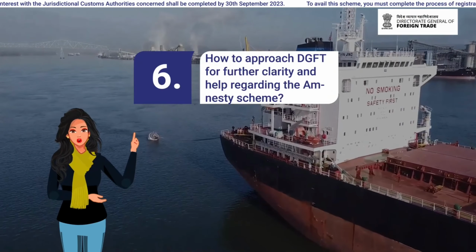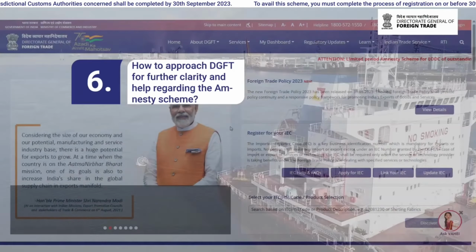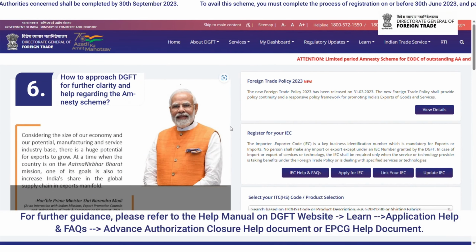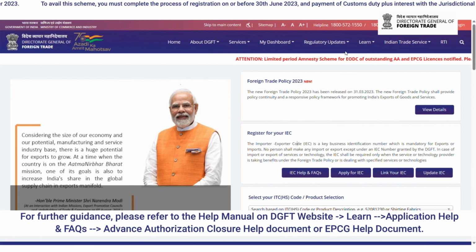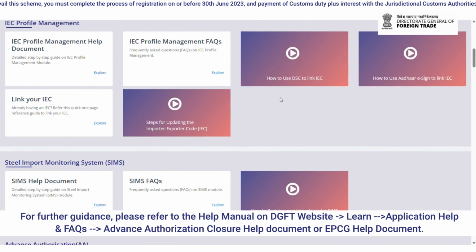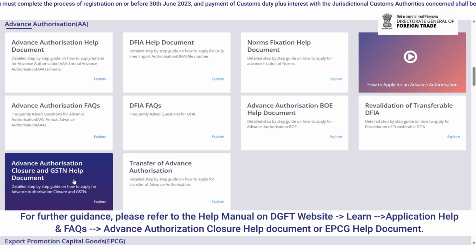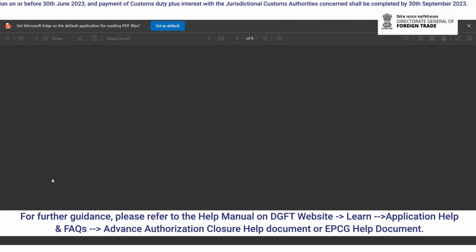How to approach DGFT for further clarity and help regarding the amnesty scheme? For further guidance, please refer to the help manual on the DGFT website. Then Learn, then Application Help and FAQs, then Advance Authorization Closure help document or EPCG help document.